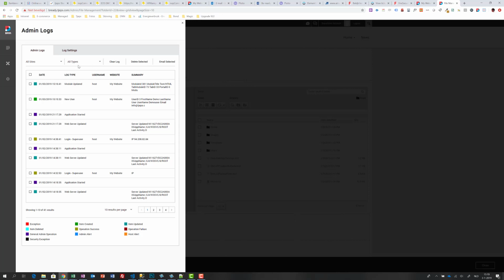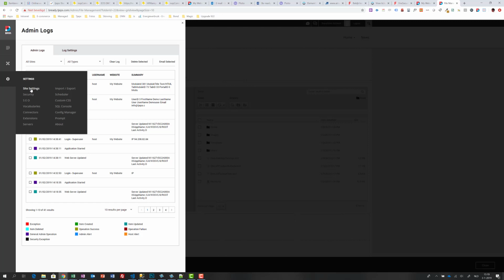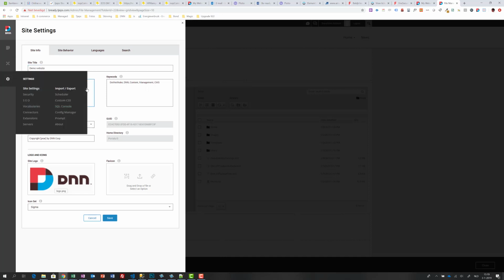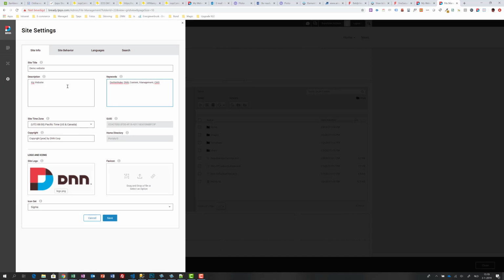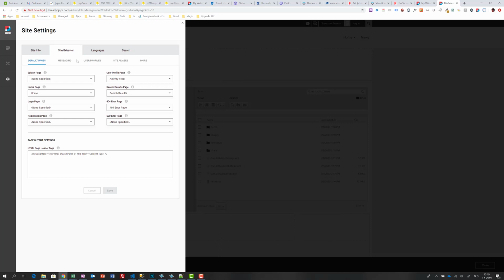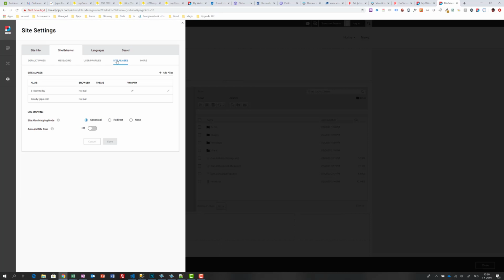Okay, last thing is a bit more technical, but maybe less technical, but you only do most of the things once. So this is your website title, demo website, for instance, and here's the description that will be shown within Google. Website logo, favicon. These are the usual things that you will use to manage DNN 8 within site settings as well. Site behavior is a new term, and most important stuff is site aliases, because this will determine what website will be available for this instance, and the languages,